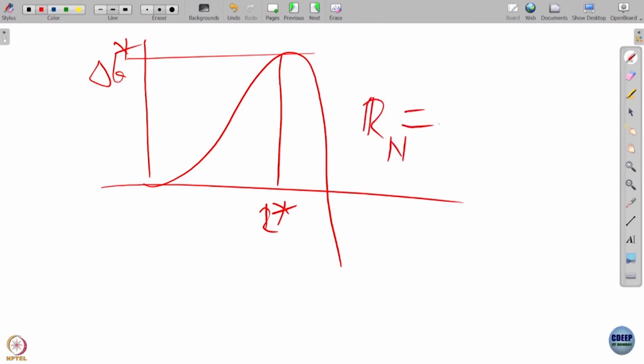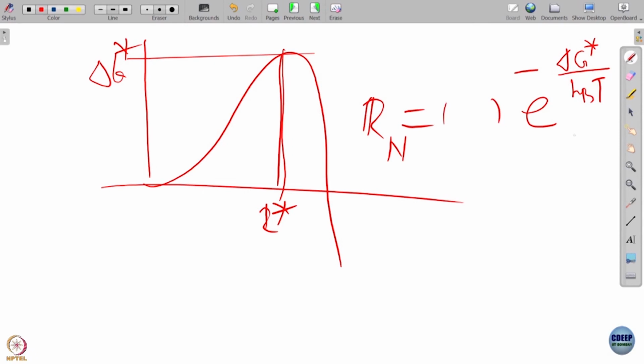Ask a chemist: I have a barrier, I have to go over the barrier. A chemist will immediately say, I know, there is an activation barrier. I know what the activation barrier is. It is delta G star by kBT. I know that. Okay. Well and good. Then what is the prefactor? So this part the chemist will do. Then the chemist will scratch his head.